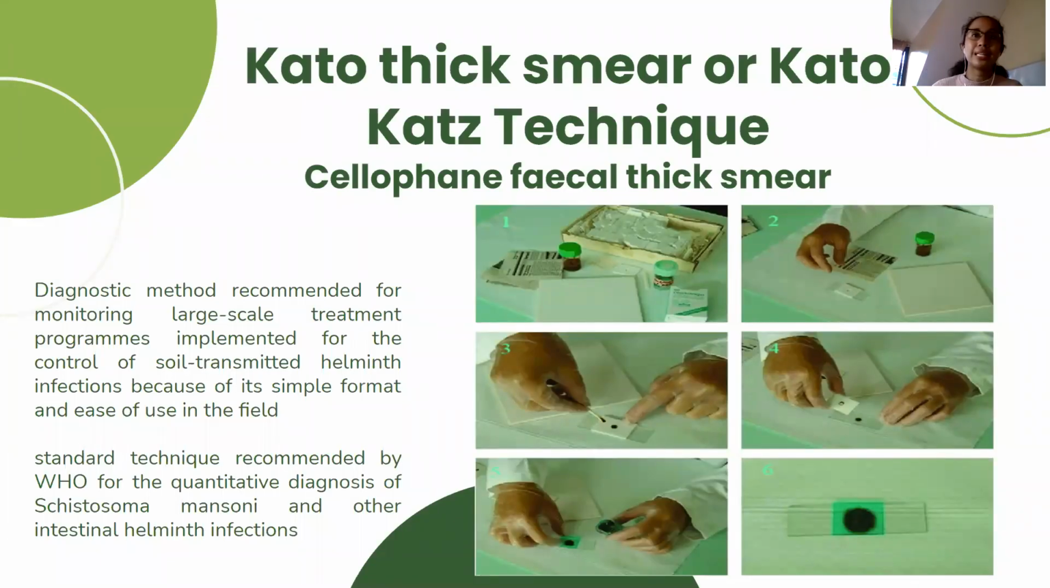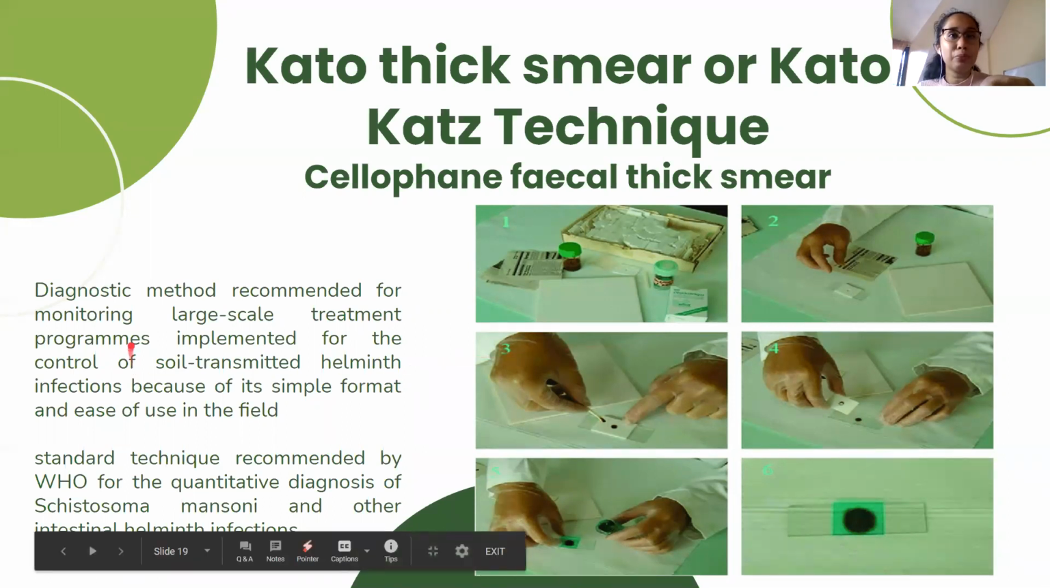So, next is the Kato-thick smear or Kato-Katz technique. Instead of using a glass cover slip, the cover slip that we use here is a cellophane that was soaked in malachite green for the last 24 hours. That is why it is called the cellophane fecal thick smear. Class, the Kato-Katz thick smear is so important, especially in large-scale treatment programs implemented for soil-transmitted